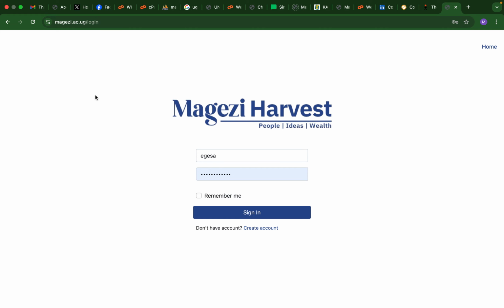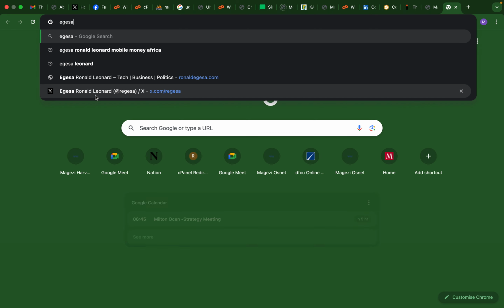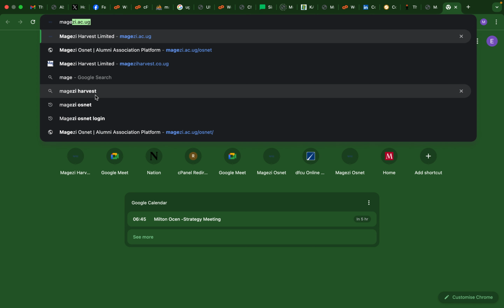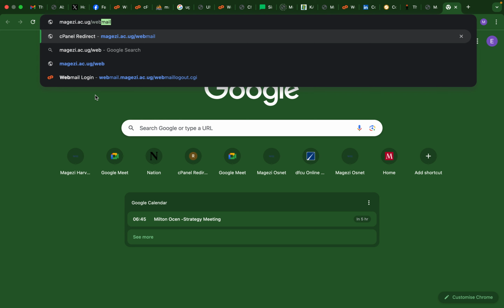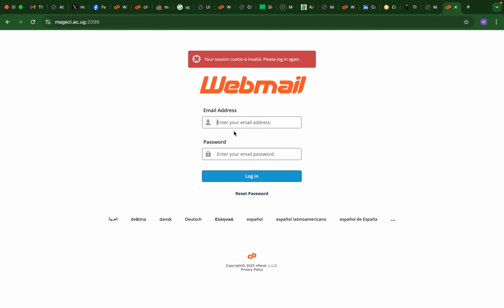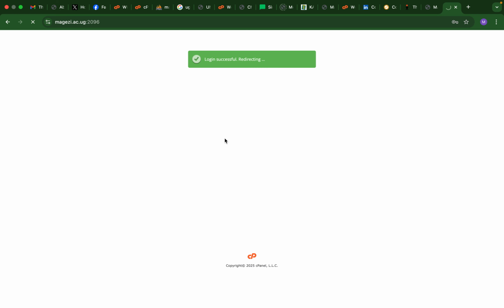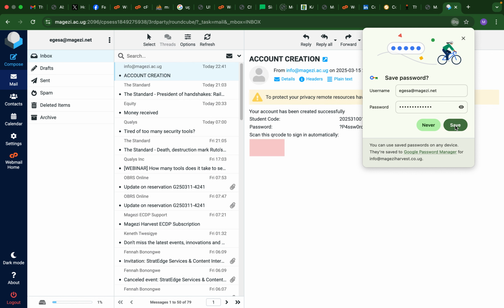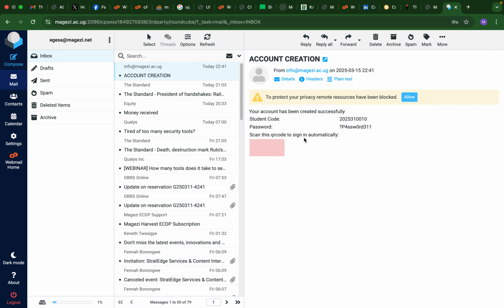But besides that, I could actually check my email. If I check my email, Magezi webmail, I would find that an email has been sent. So I'll just have to log into my email. And then I'll quickly be able to come to my email. I'll find that there's an email that has come through, account creation, which gives me my password, and it also